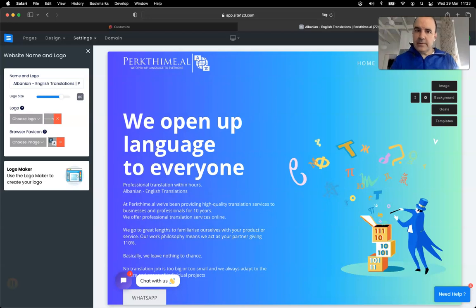Hey, this is site123.com. This is a quite easy to manage, very friendly CMS to create your websites. And it's very cool and it's very easy to use. And the way to add your WhatsApp widget to this platform, let's go to the dashboard